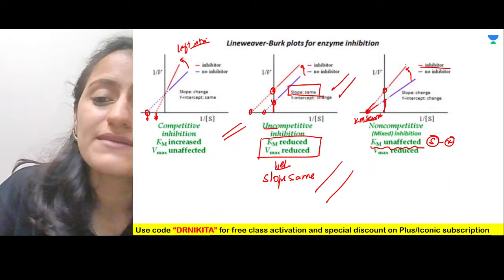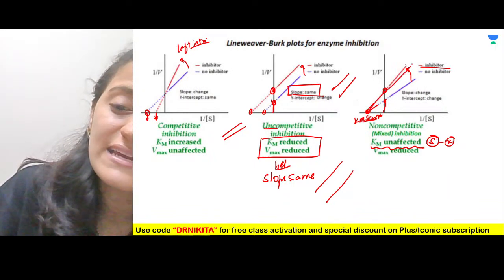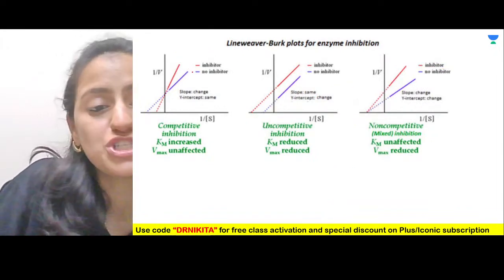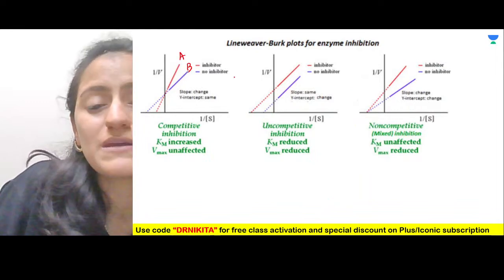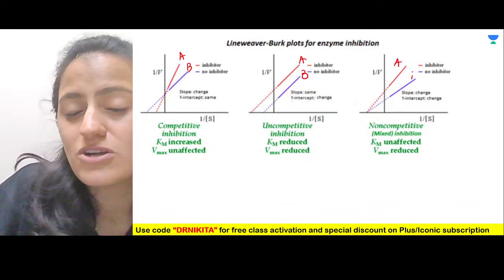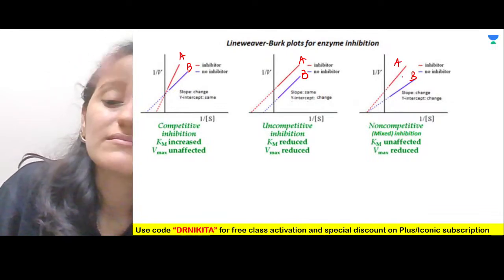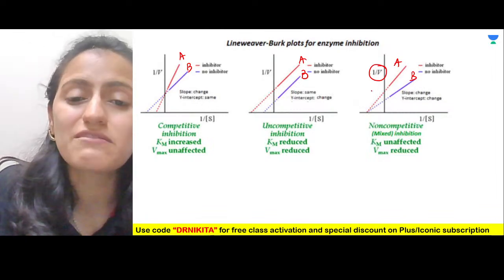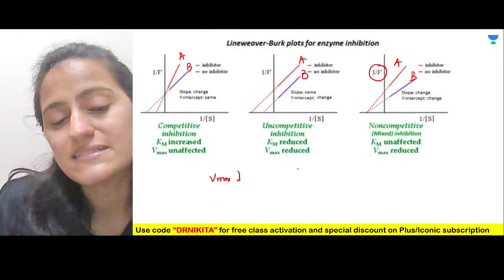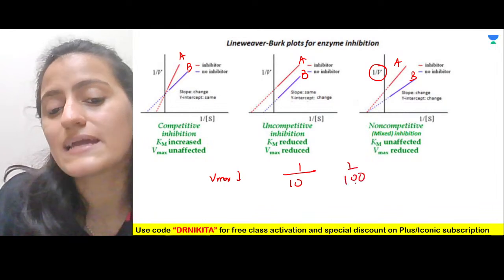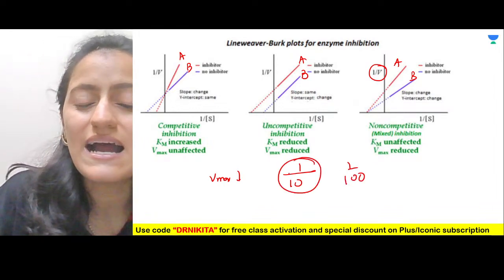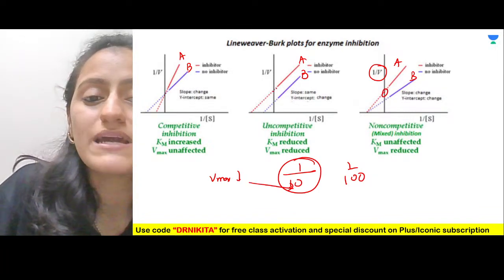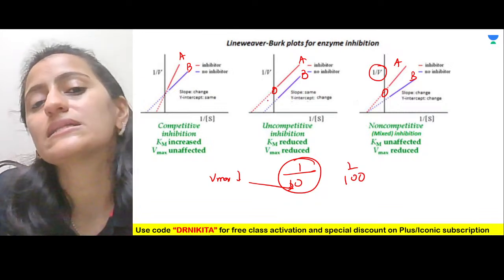So the upper one is the inhibitor, it is affecting the Vmax. Remember that this is even asked as a question, whether A is the inhibitor or B is the inhibitor. The upper one is basically the inhibitor because it is 1 by V. So when I say that the Vmax is decreased, 1 by 10 versus 1 by 100, which of these has a higher value? 1 by 10. The Vmax is reduced, so the 1 by V value will be higher. So the one which is higher is basically the inhibitor.